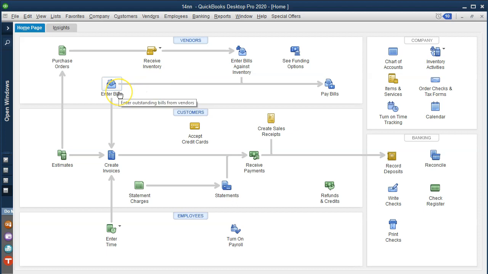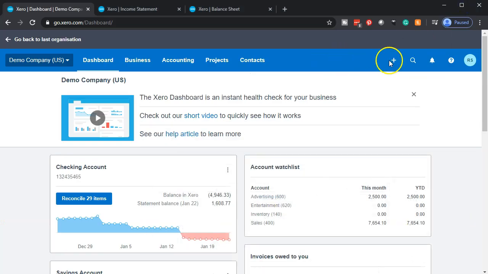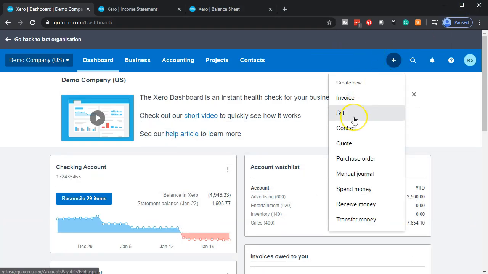And that would include us basically entering bills possibly, and then paying bills with checks. And if we deal with inventory, we'd have the more detailed inventory items up top. So we can think about, well, what would happen if I entered a bill? What are the accounts that are affected? Typically, we're going to have accounts payable go up, meaning we owe money, and the other side being an expense. And then we can think about, well, is there a similar kind of bill over here in Xero, where we can go to the enter bill icon here,